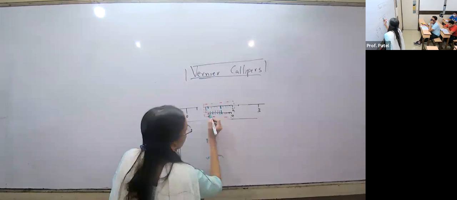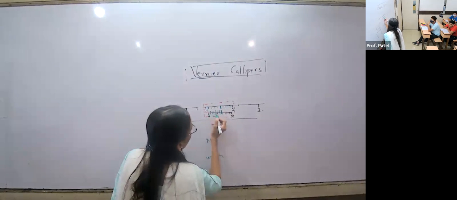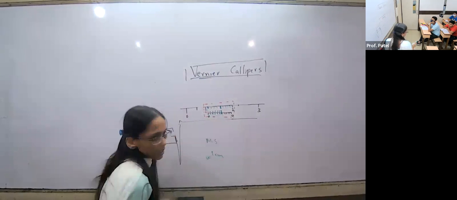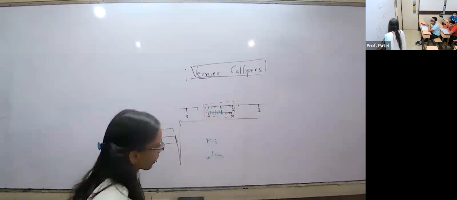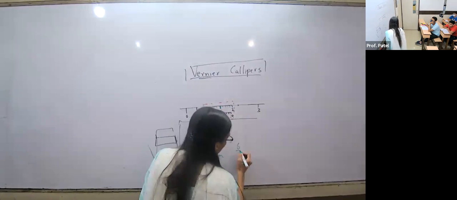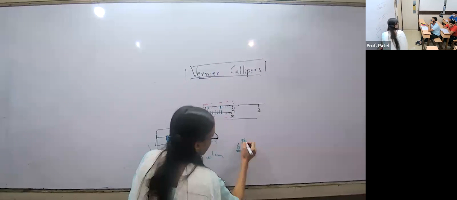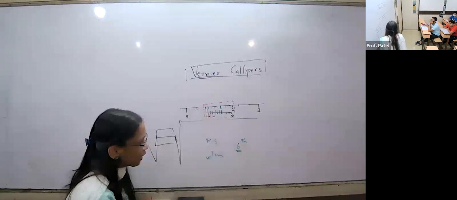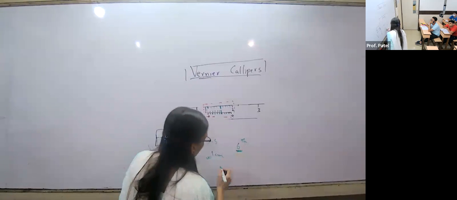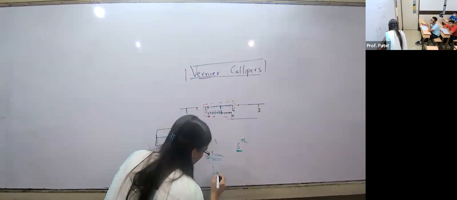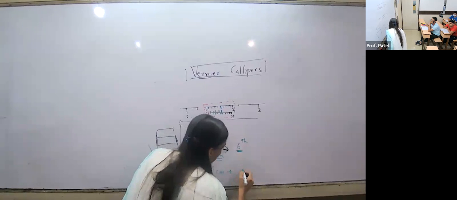So how much is this? This is 1, 2, 3, 4, 5, 6. This is the 6th vernier scale division. So I say it is the 6th vernier scale division. Okay. And my vernier scale 6th division, I will add to my initial measurement of 1 centimeter plus the 6th division